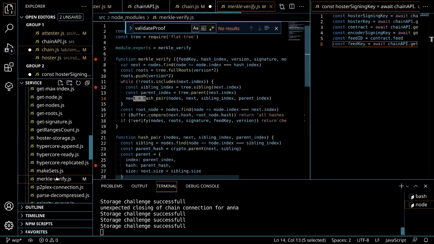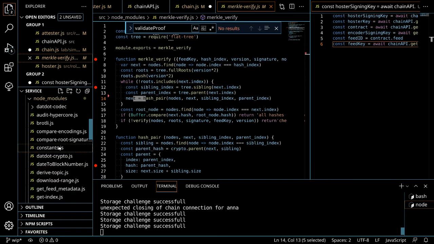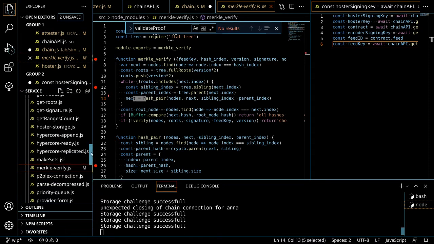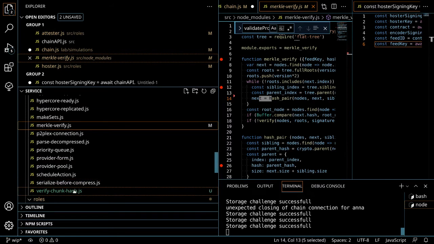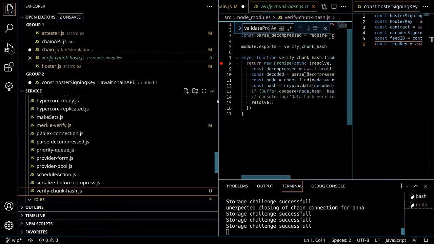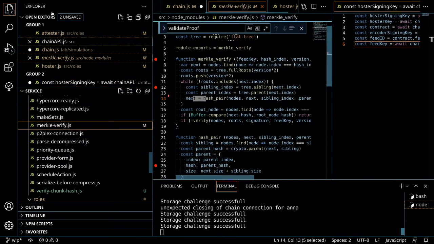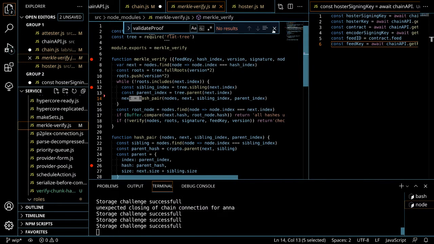Merkle verify, and another one. Let me just see how it's called. Something with comparing, verifying chunk hash. Did I close now the Merkle verify? Yeah. Okay. So I'll open it again. So what we do here